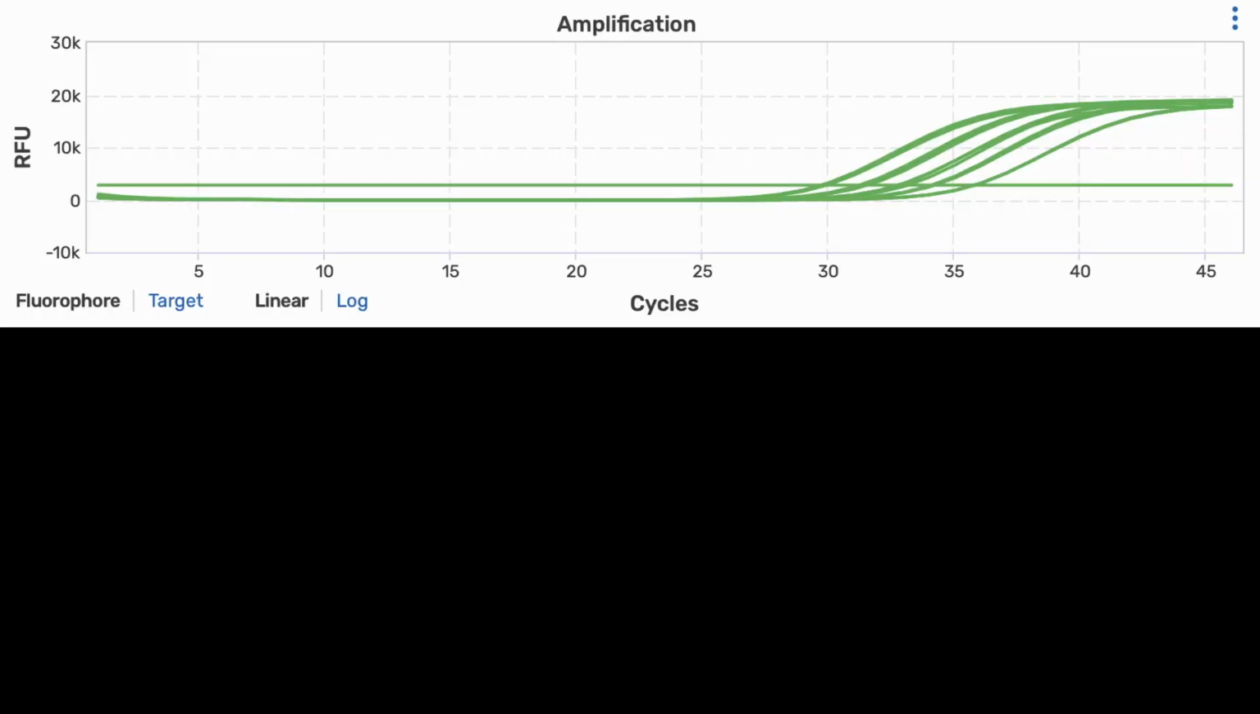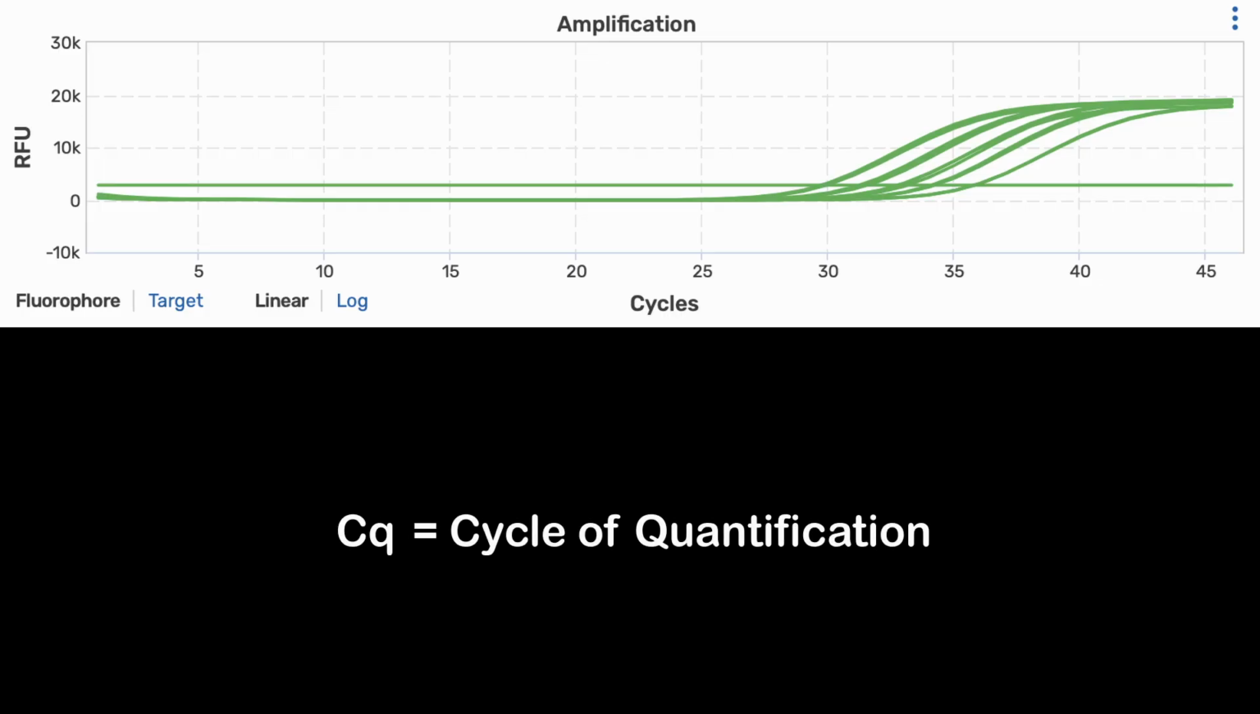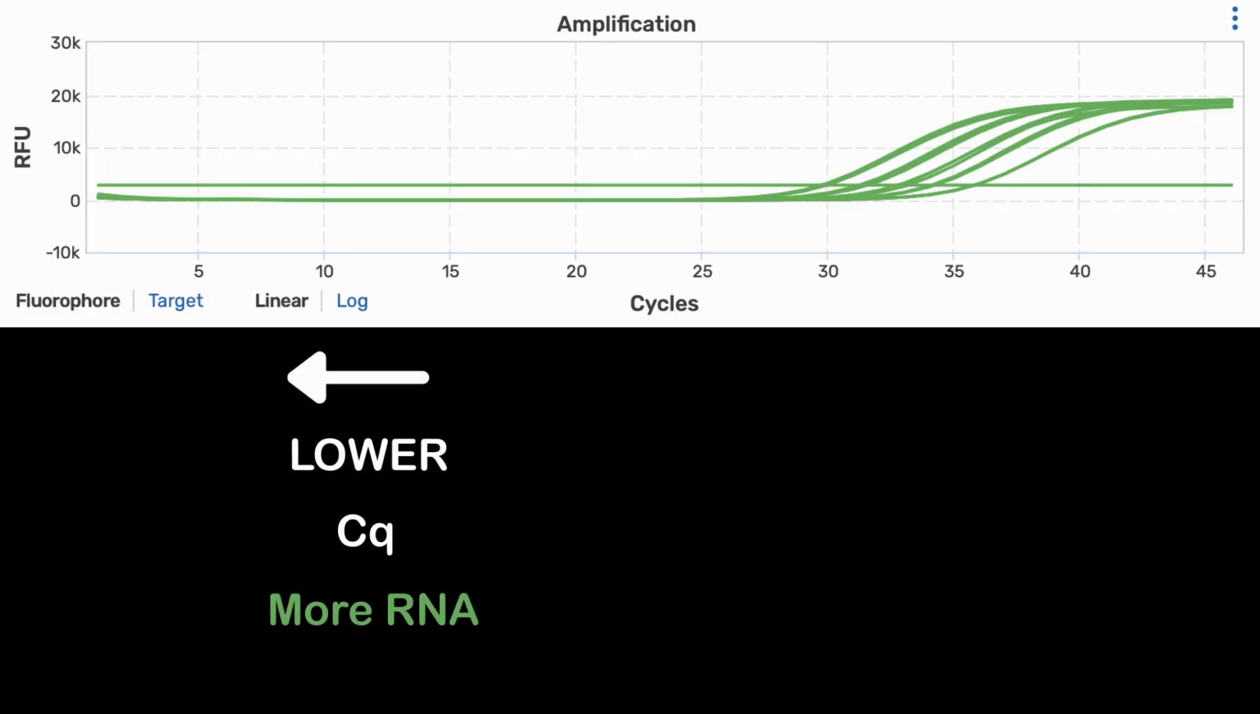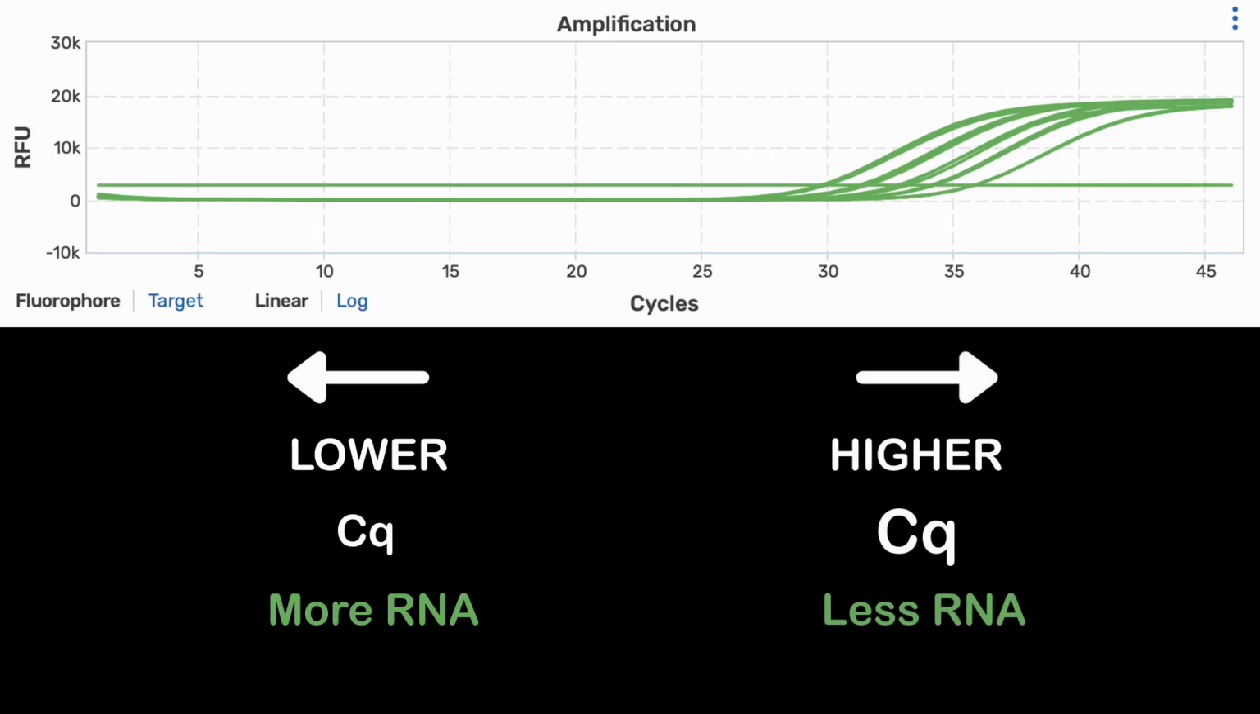This is what the typical data curves look like for a qPCR assay. The main readout of a qPCR assay is the Cq value, which stands for cycle of quantification. This is the cycle number where the RNA signal passes the threshold of becoming detectable. Cq values are counterintuitive because a lower Cq value actually means you have more RNA. The higher the Cq value, the less RNA is present in the sample because it will take more cycles to